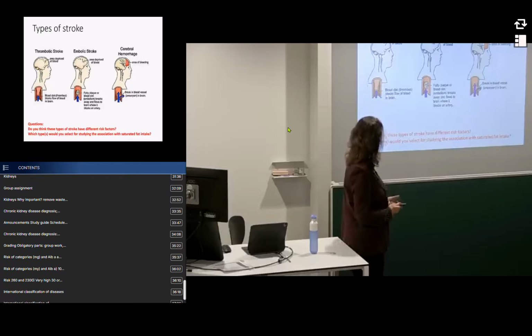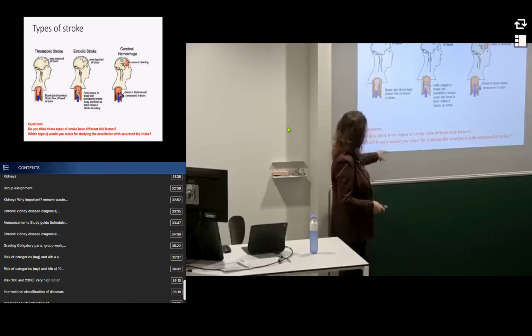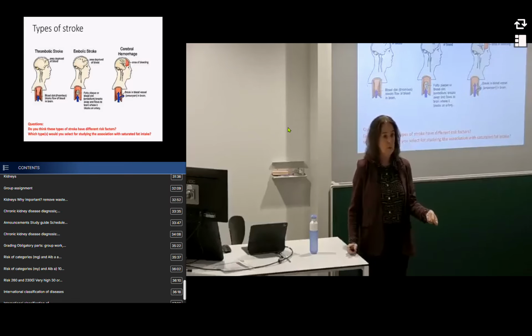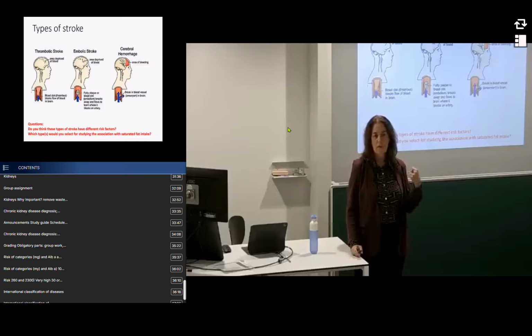So if you want to study the impact of saturated fat intake on stroke, I would rather choose ischemic stroke as an endpoint in my study than a hemorrhagic stroke. Because the ischemic stroke is caused by atherosclerosis, and then you will have the pathway from saturated fat to high LDL cholesterol, building up of plaque in the arteries, and then you will get a stroke. So